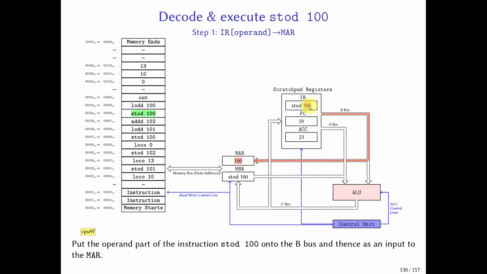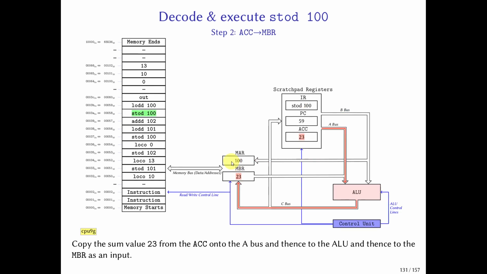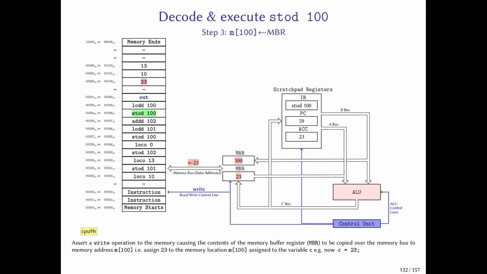So the first of those steps is to take the operand, which is 100, the memory address 100, and copy it to the memory address register. The second step is to copy the value of the accumulator into the memory buffer register. So we have our address specified, and we have the bit of data that's going to be sent to that specified address. Then the control unit asserts a write signal to the main memory,